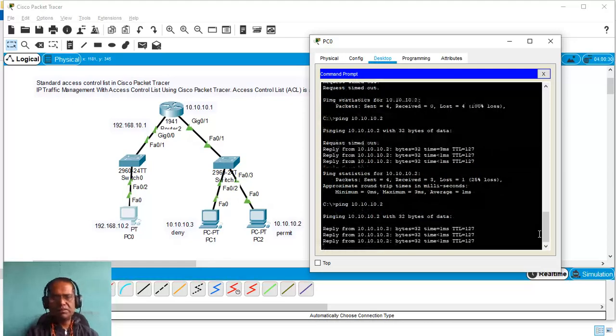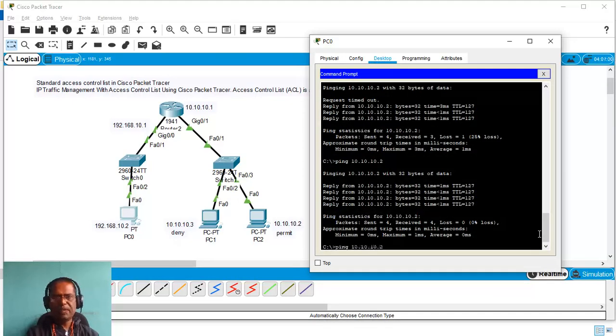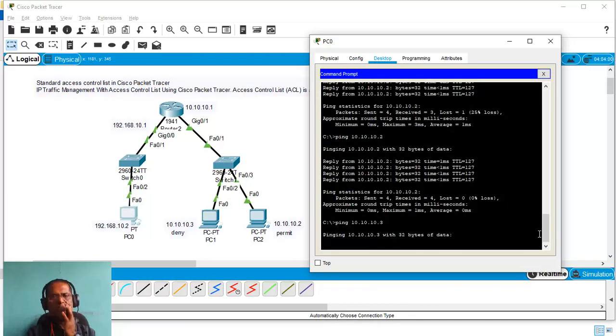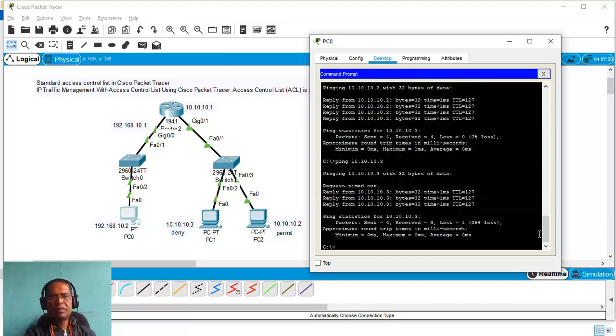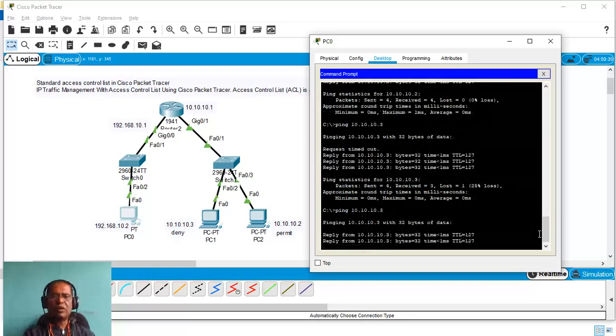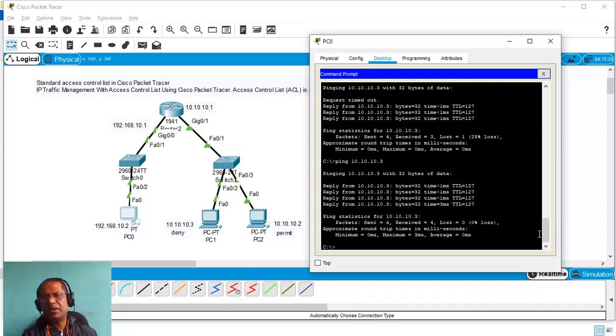There is a reply. Let us also check 10.3. So the reply we are getting from 10.3. That means the communication between the devices is currently successful.